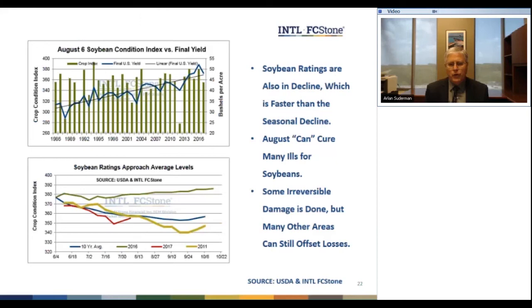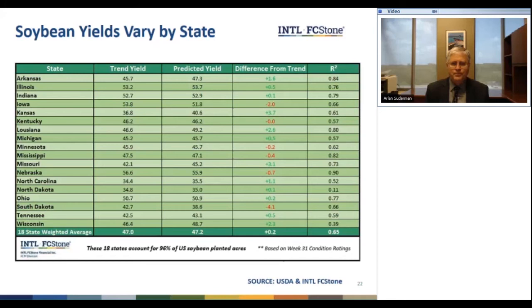Soybean index scores you see there, we've pulled the scores you see in the bottom graphic. We've seen the scores rally the last couple of weeks. Where will we go from here in the weeks ahead? That's the big question mark in determining yields going forward. And here again, you see in the state yield models that the majority of states are still basically at or above a trend yield, just that we didn't expect that high of a yield overall.